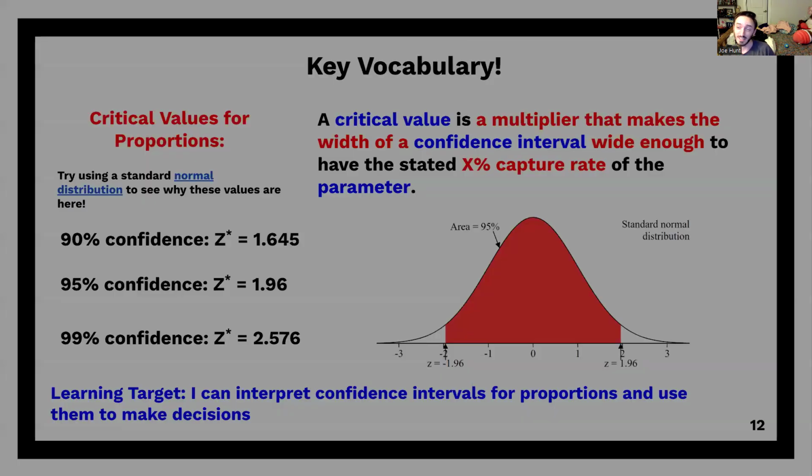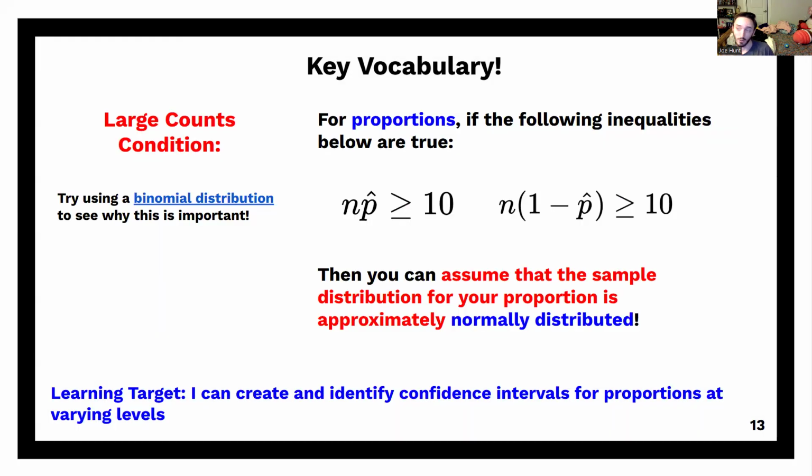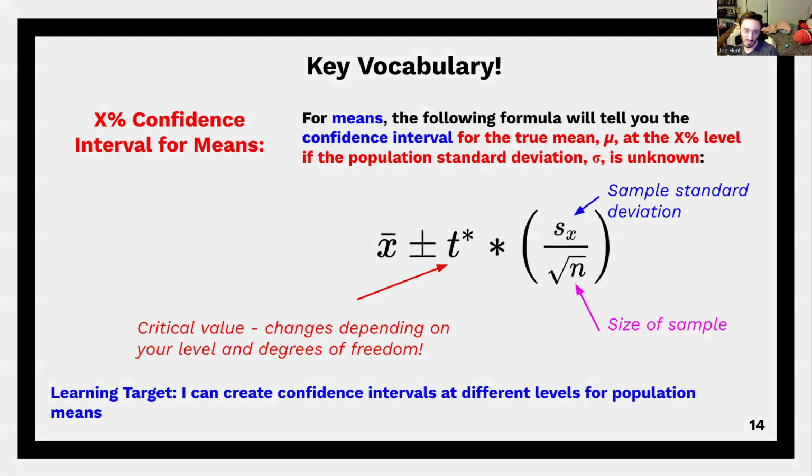The conditions that you need to check on each of these are going to be different. For proportions, you can use a z-score, whereas with an average, you've got to use a t-score. For approximate normality with proportions, you can use the large counts condition, which I think a few people were trying to use on the quiz. Not necessarily the condition we want to check when you're thinking, say, for an average. For averages, things get a little different.